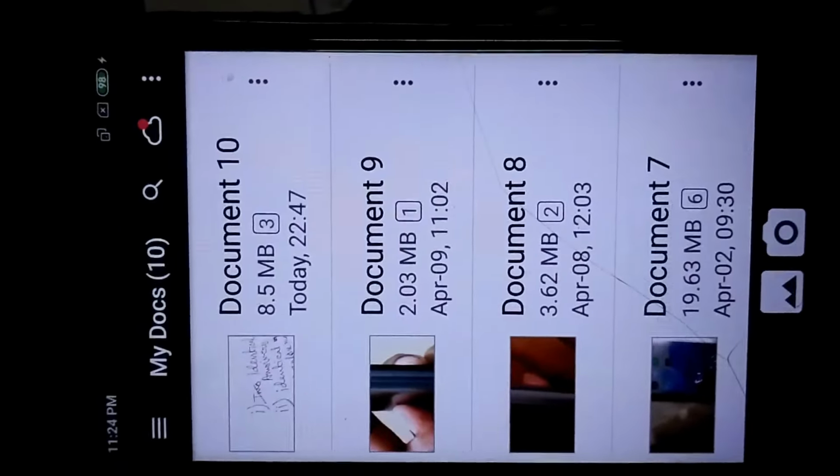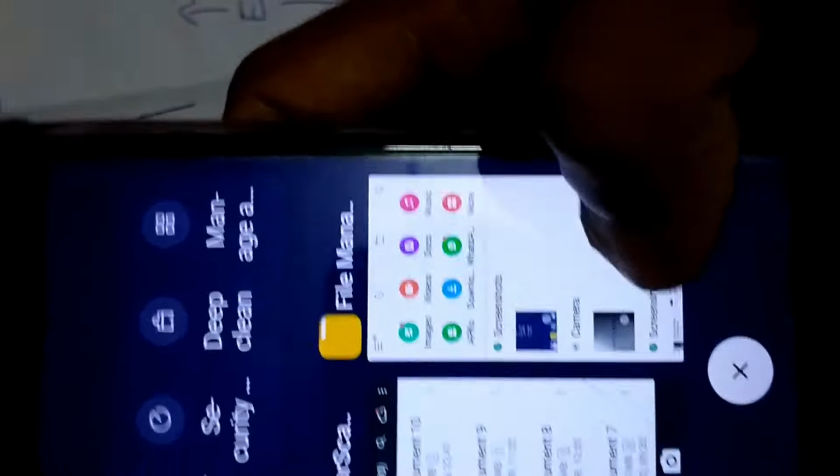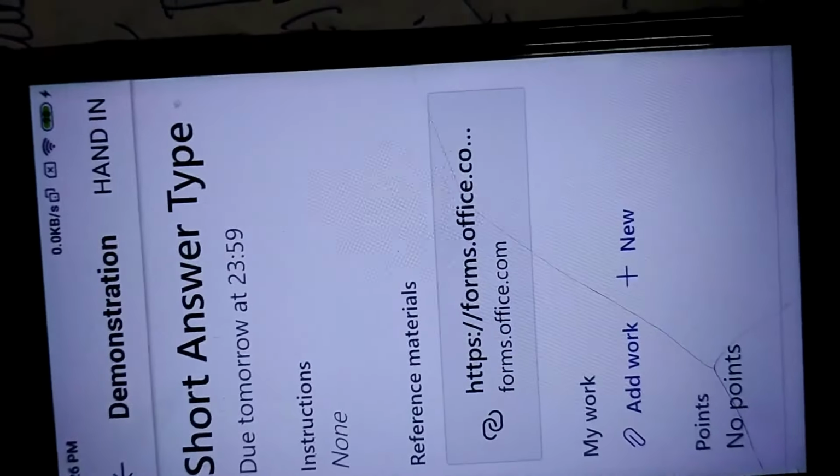Well, now what should I do? After saving, I need to go to my Microsoft Teams. Here it is. Now this is the one where I should submit. This is the short answer type for which this one is pending.